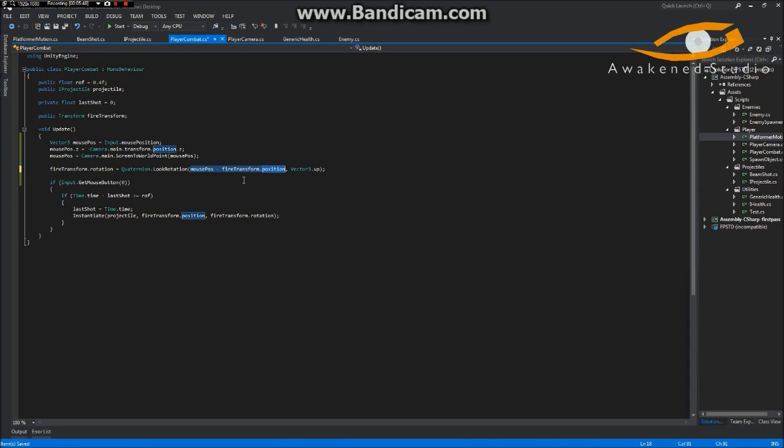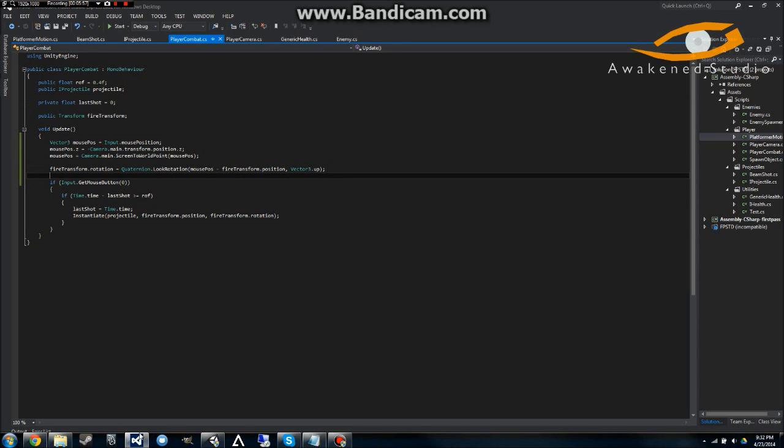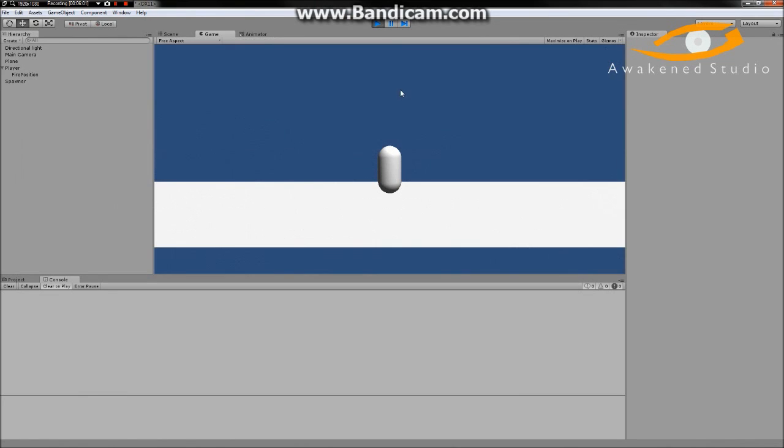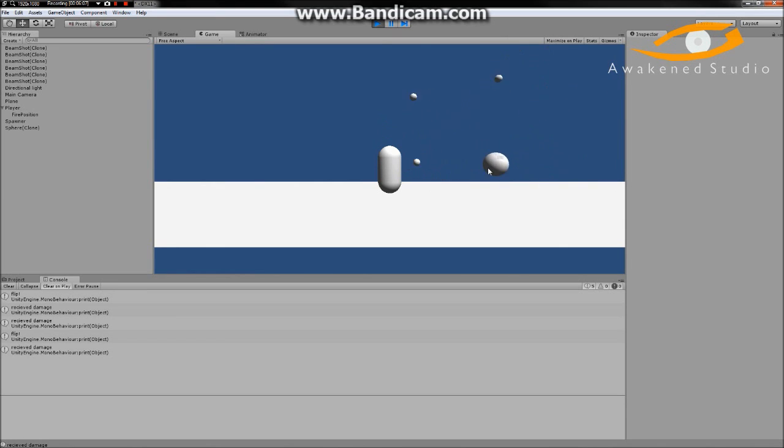And then Vector3.up is obviously just up, so that it'll set this fire transform's rotation to look in that direction. We can go ahead and save this, hit play,